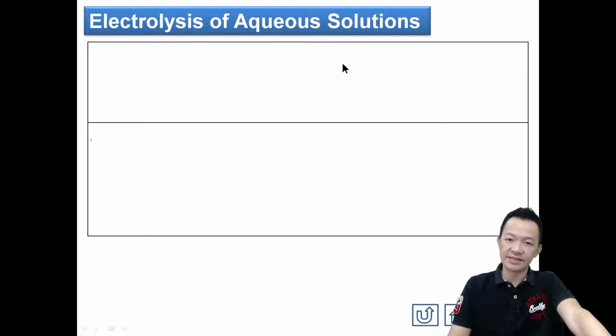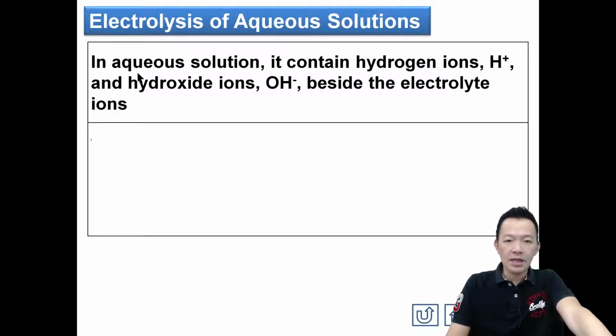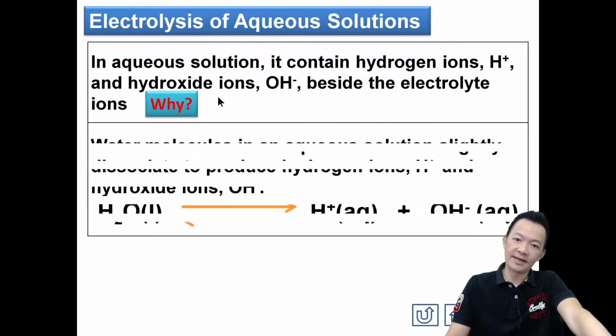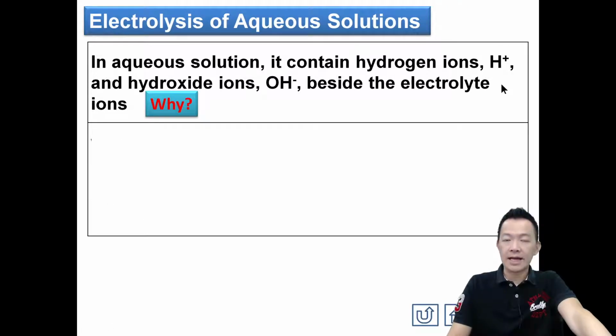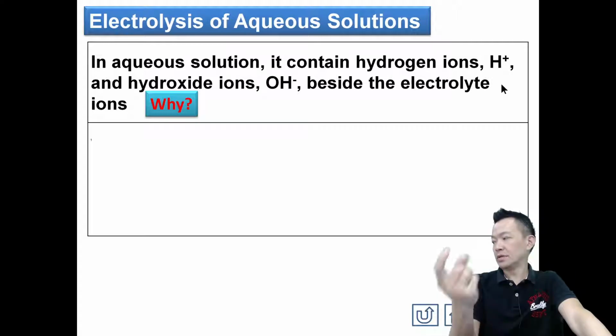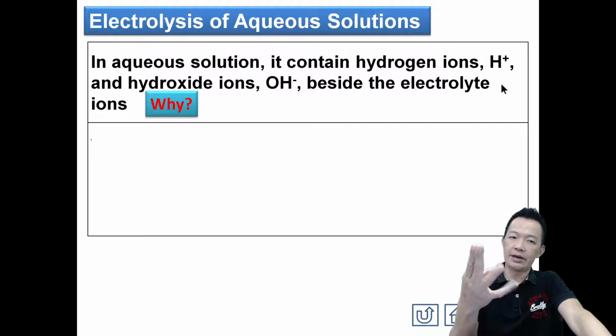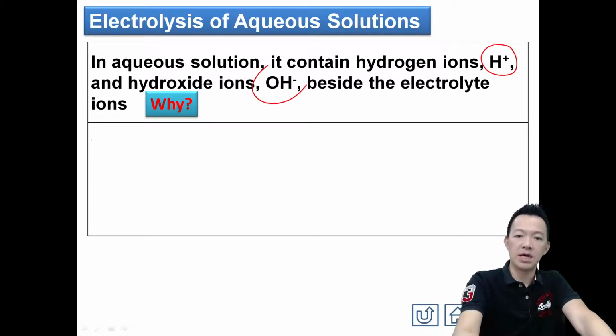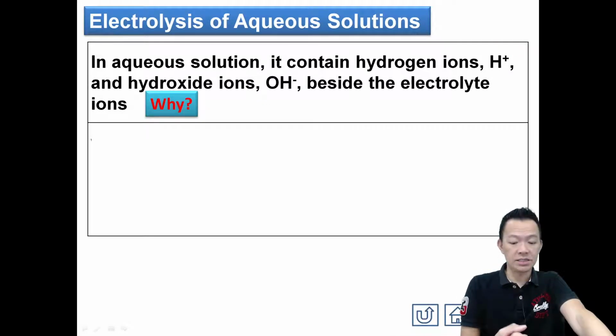And anything very important before we start this title, we have to talk about. In an aqueous solution, 在盐水里面呢，it contains hydrogen ions, hydroxide ions beside the electrolyte ions. 什么意思？在我们的盐水里面，除了你的电解液自己里面的离子以外，it also contains hydrogen ions and hydroxide ions. So in the electrolyte, it contains the electrolyte ions. Sodium chloride 里面有 sodium 的离子，chloride 的离子。But where's the hydrogen hydroxide come from? 另外的 hydrogen 跟 hydroxide 从哪里来呢？好奇怪，对不对？